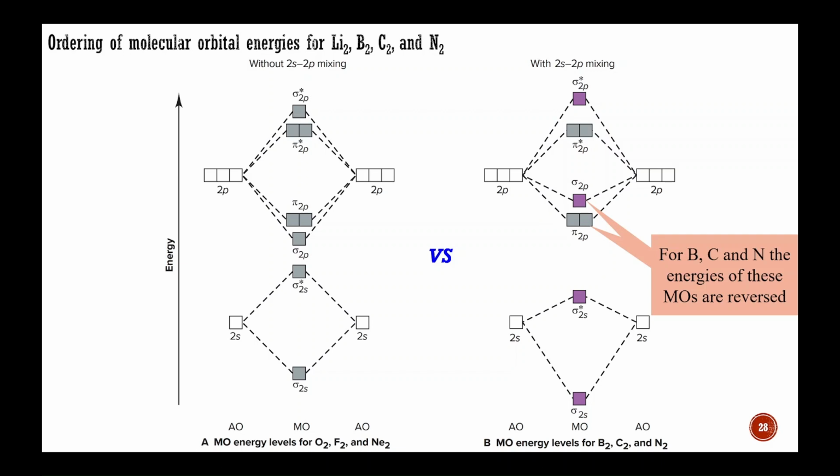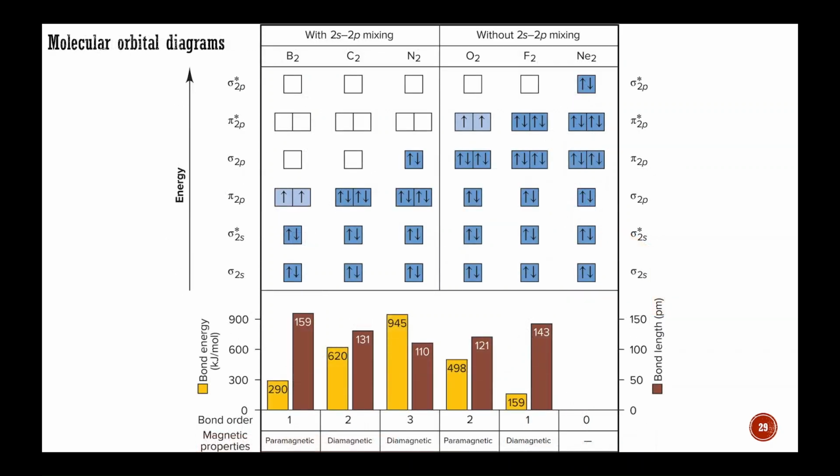Beginning with oxygen, the nuclear charge is sufficiently large to prevent the interaction of s and p orbitals. Thus, for the diatomic molecules of oxygen and neon, the order of molecular orbital energies is the same as that for fluorine. The following figure gives the molecular orbital diagrams, magnetic properties, bond orders, and bond enthalpies for real and